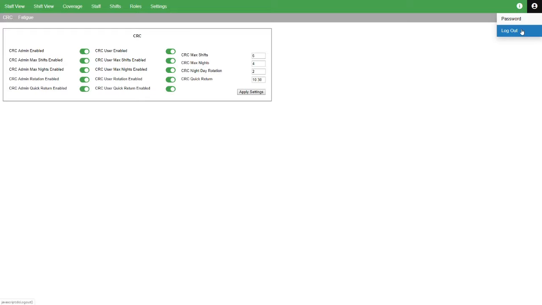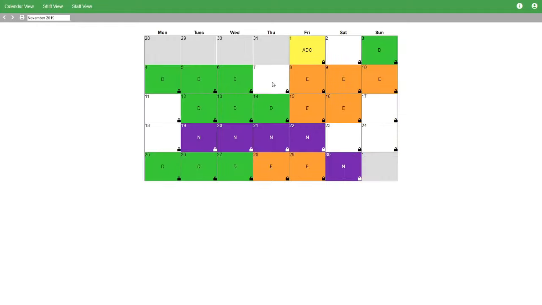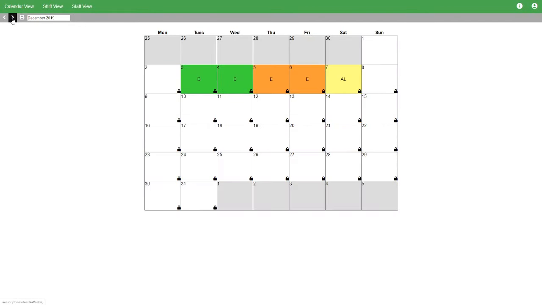So I'm going to log out. I'm going to log back in as our user, Nicholas Burney. I'm going to go to December, and we can see here that Nick's shifts have been published. So these are visible to him, and he can view them. If I move also to the shift view,